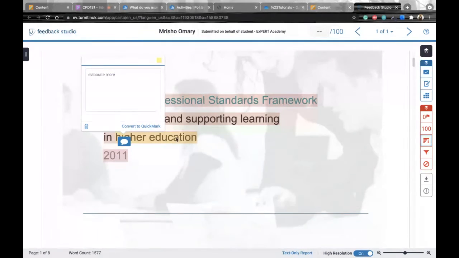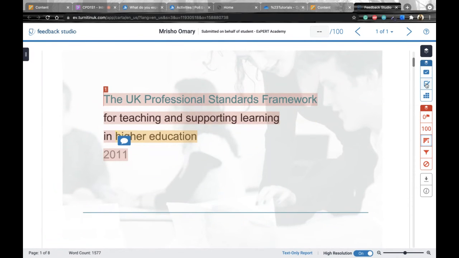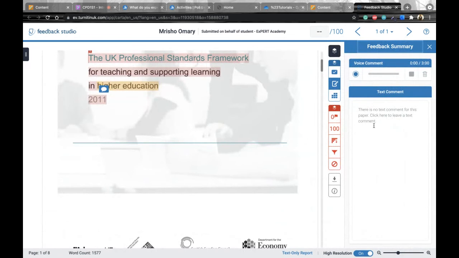So that would be like your in-text feedback. You're providing part of your feedback within the text itself on the document. Alternatively, once you want to provide the overall feedback for everything, you can just provide that feedback like that. By the way, you can also provide voice feedback up to 3 minutes. And if you're ready to provide the final grade, you simply assign it here,